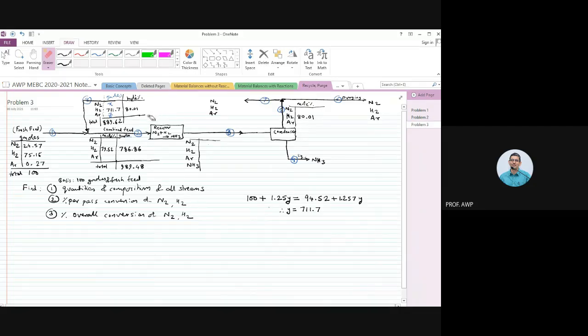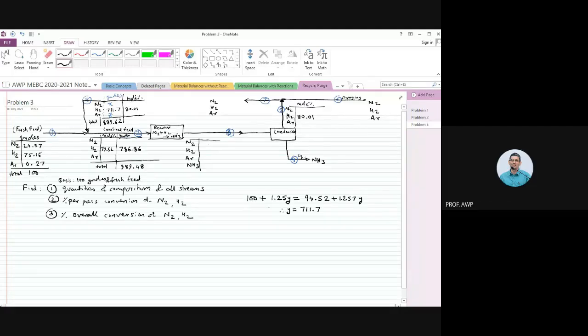Okay, go ahead, Smith. Anybody has doubts up to this point? Anybody has doubts up to this point? Okay, go ahead, Smith. So could you explain it? So how did we get 1.25 Y? How did we get 1.25 Y? Yes, sir. Smith, how did we get